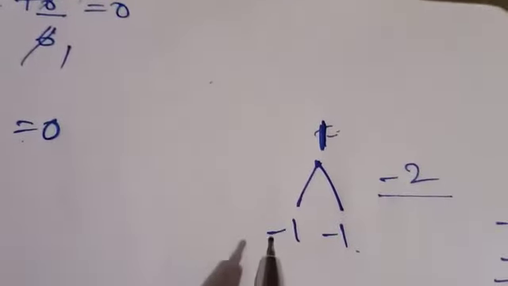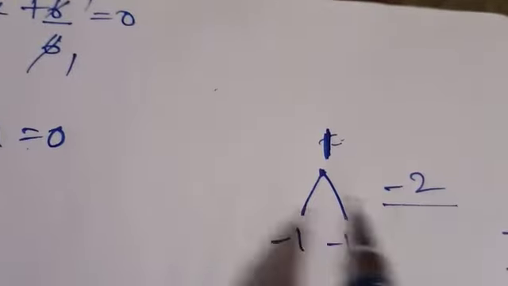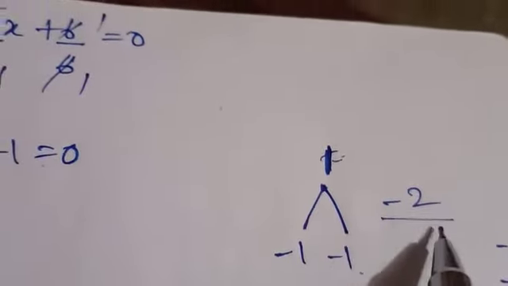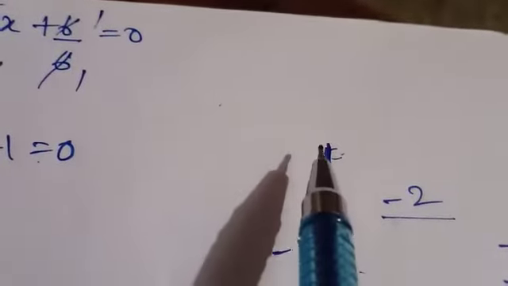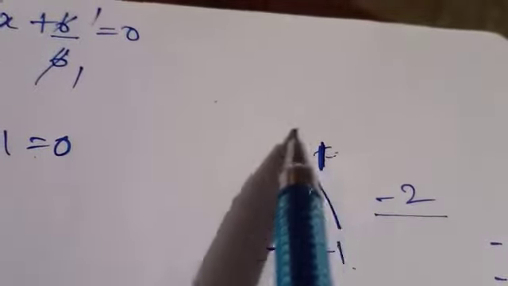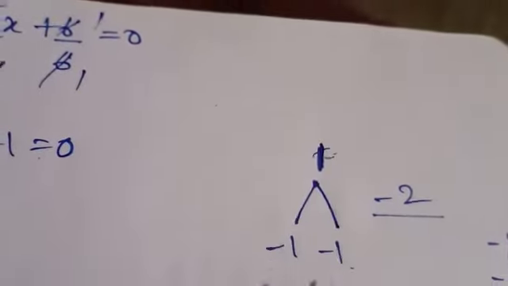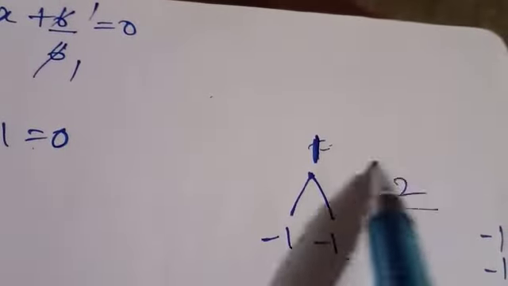So if I put minus here as well as here, then my answer will be minus 2. So 1 ones are 1, minus into minus is plus. By multiplying both the numbers, we must get the number above. If we add or subtract these two numbers, we must get